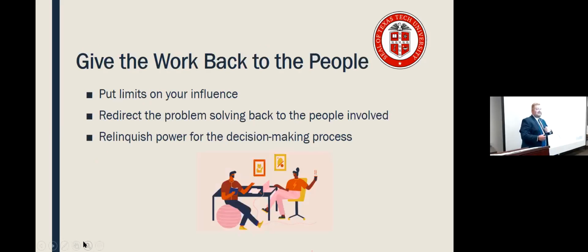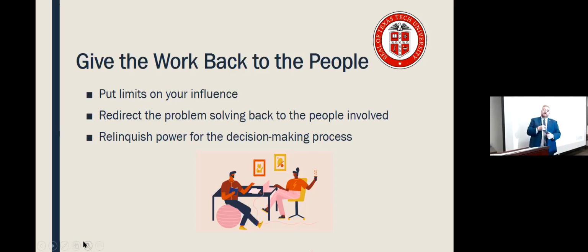Now, I think this next step is one of the most important parts of adaptive leadership. This is where it really puts limits on your own influence as the leader. You really have to trust those that you're working with in order to motivate them and to build trust, because when there's trust in a group, more work will be done. And when we're thinking about challenges, then things like this become very important.